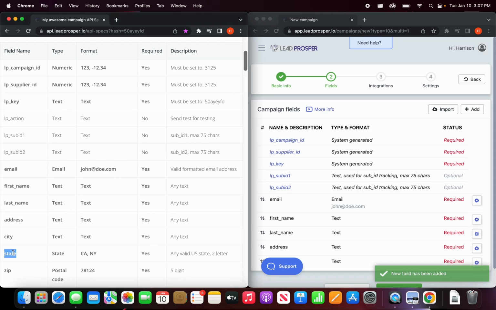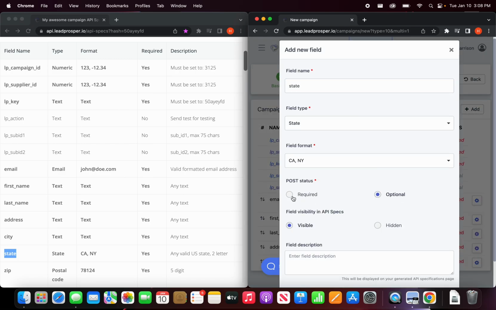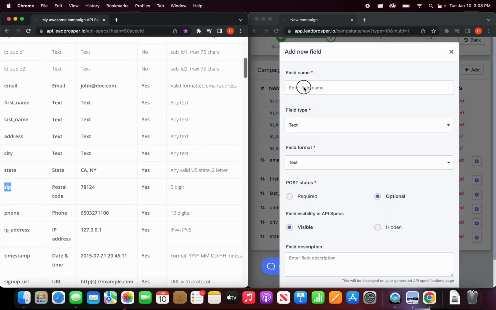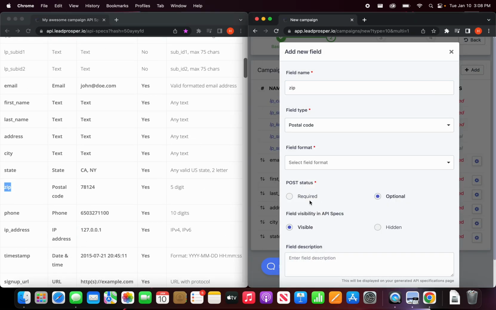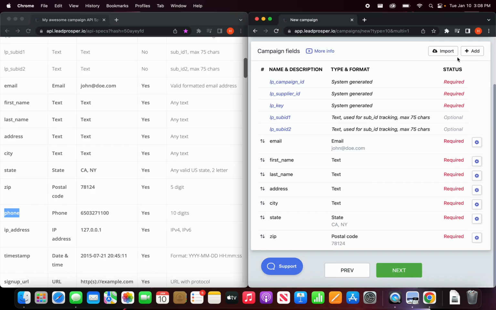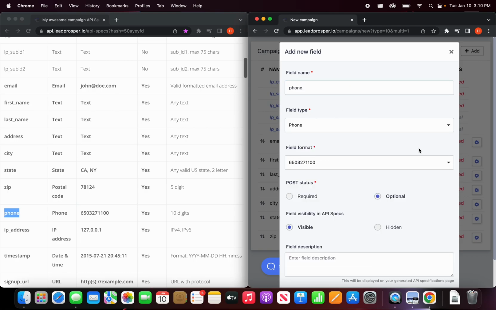As you add your fields, pay special attention to the naming convention and format requested by the buyer. For some fields like name, city, or address, you'll have no choice but to use the text format. But for others like state or phone number, it can be more specific. For example, if you're collecting a phone number, your buyer might want it as 10 digits plus hyphens, 10 digits plus a country code, or a number of other options. If the data isn't formatted correctly, the lead will fail. Feel free to choose the format requested by your campaign's initial buyer.